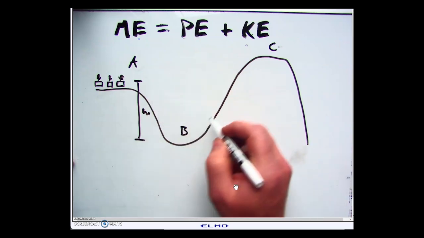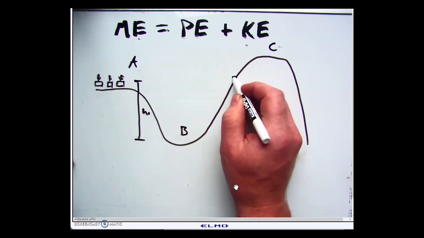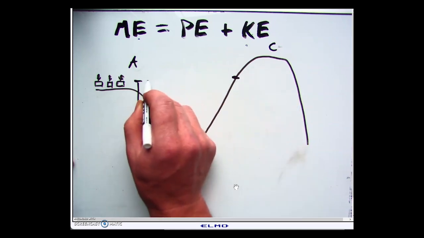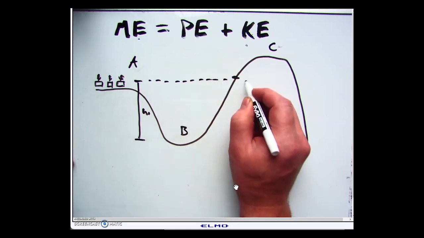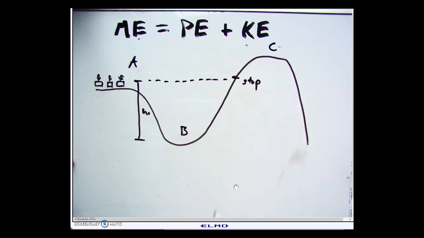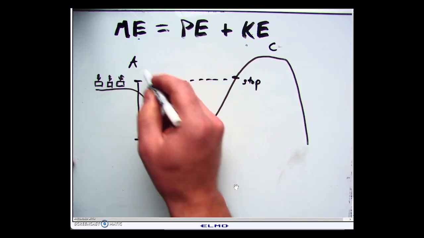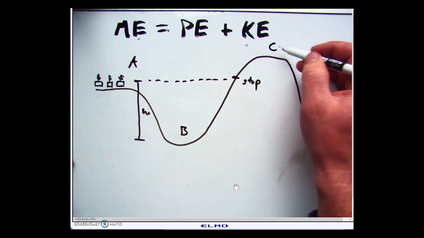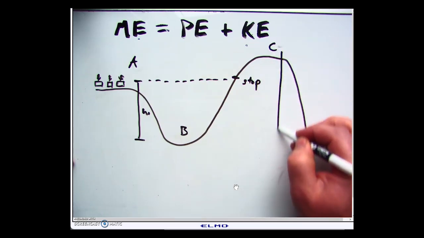And then it's going to attempt to go back up this hill, but the problem is, when it reaches right about there, and I'm just generalizing here, okay, it's going to stop because it doesn't have enough potential energy over here when it first starts off to get back up to point C, which is actually a higher location, right? So point C